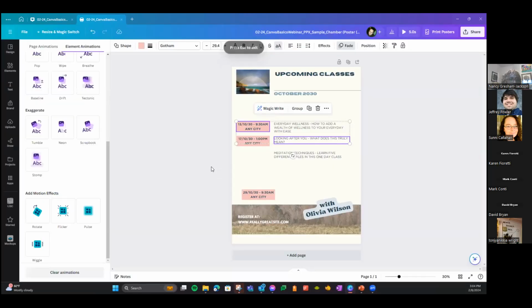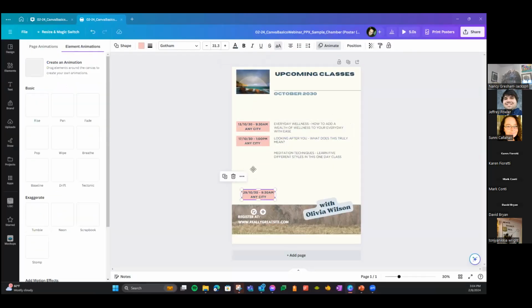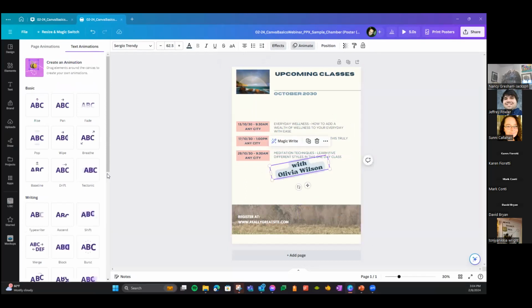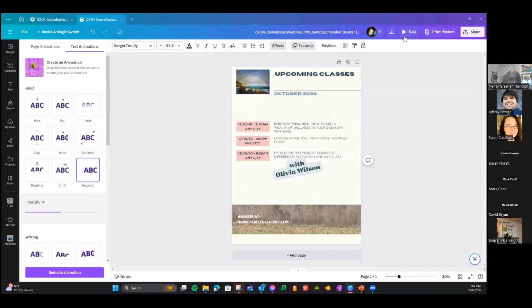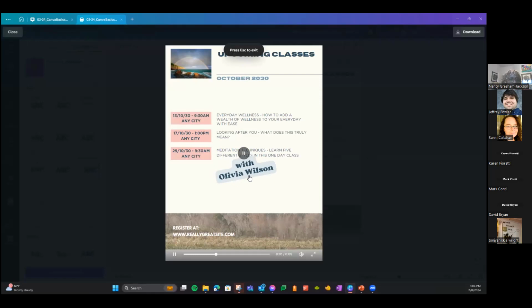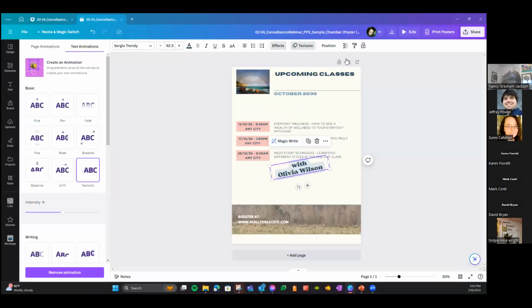Of course, I don't think I saved it, but that's something for you to play around with if you do want to use animated things. They're very, very basic, but you can make them look really cool. And see, it just goes across the screen, and you can do videos, you can do all kinds of things